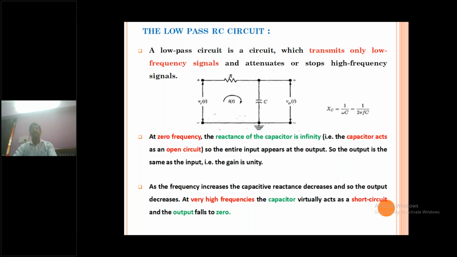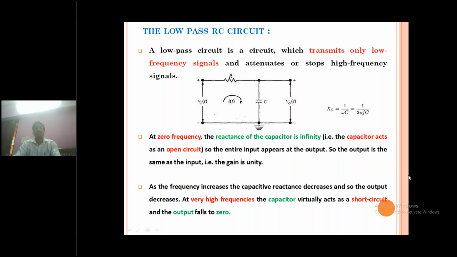So first I take f equal to zero frequency. Reactance X equal to 1 by 2 pi fC. I substitute f equal to 0. That means capacitor reactance goes to 1 by 0, which means infinity. So capacitor reactance is infinity, which means this capacitor will be open circuit in the shunt connection across the output. Then whatever input is there, the same input is transferred to the output. So input and output will be the same. That means gain equals 1. Gain means output voltage by input voltage, V0 by Vi.